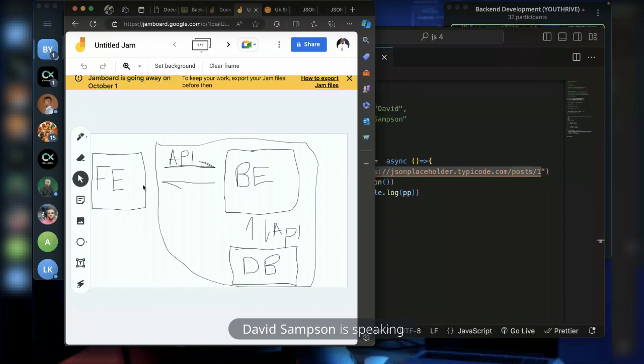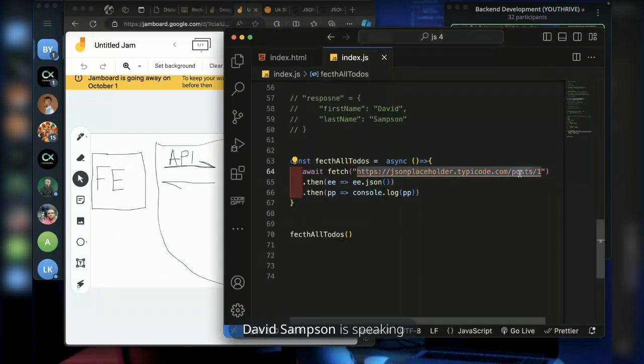So this request now is being made on the front end, but on the back end, the API is the one handling the request, as in accepting the request and sending you back a post. So when we move into backend proper, you will learn how to build the API that will be sending back these posts.